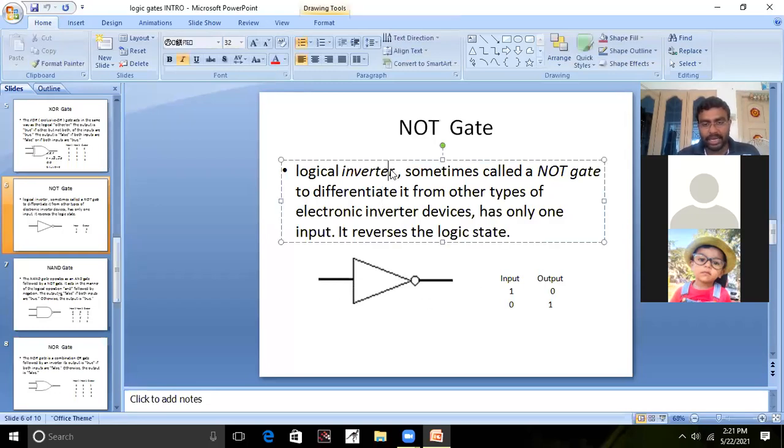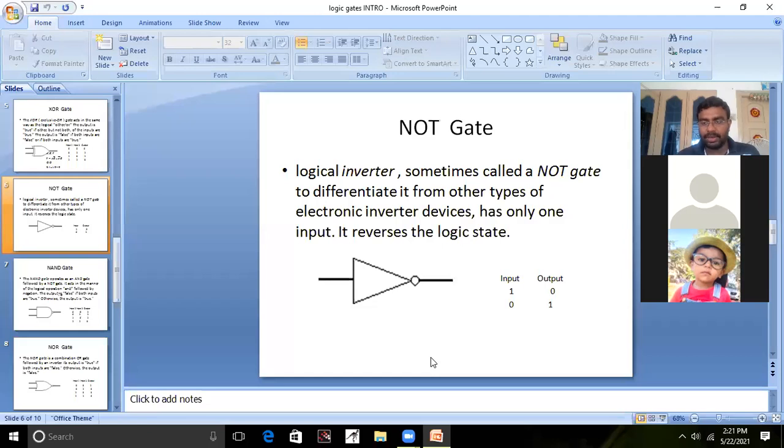And majorly, this NOT gate is called inverter gate. Means this NOT gate is used to reverse the input we are giving. See here, this is a truth table for NOT gate. I told you already, there is only 0 or 1 as my input for any logic gate, since this is digital electronics. So guys, since this NOT gate is used for inverting the input, if I give 1 as my input, 0 will be output, and if I give 0 as input, 1 will be output. Okay, so this is a conversion.